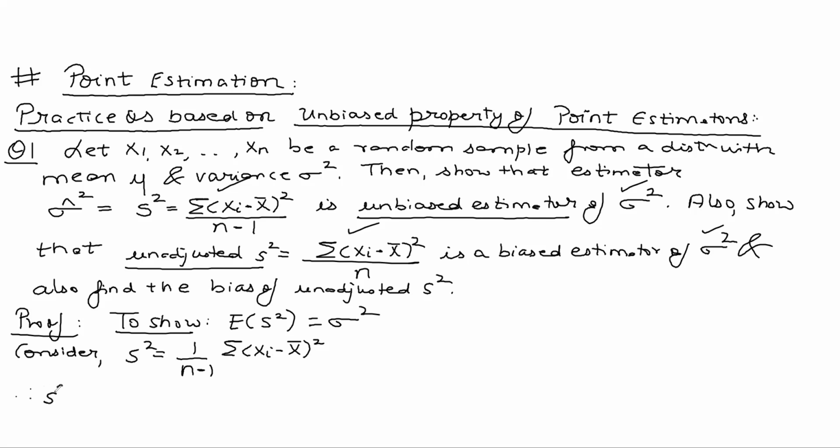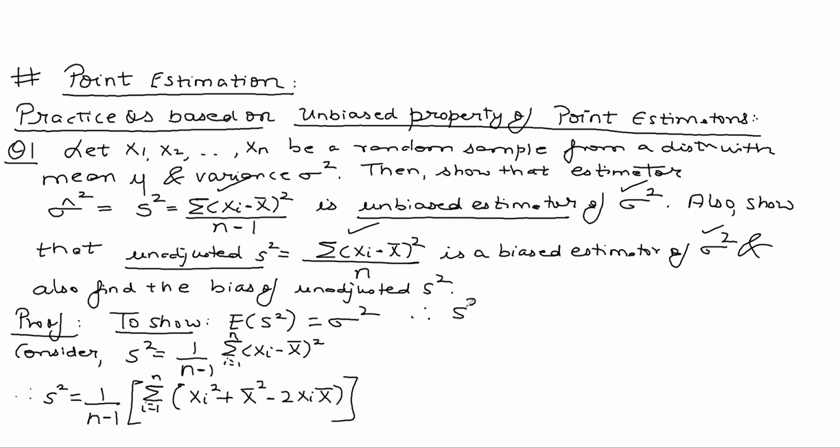So S square is 1 upon n minus 1 times summation, as i goes from 1 to n, of xi minus x bar whole square. Adopting the identity a square plus b square minus 2ab, we get S square is 1 upon n minus 1 times